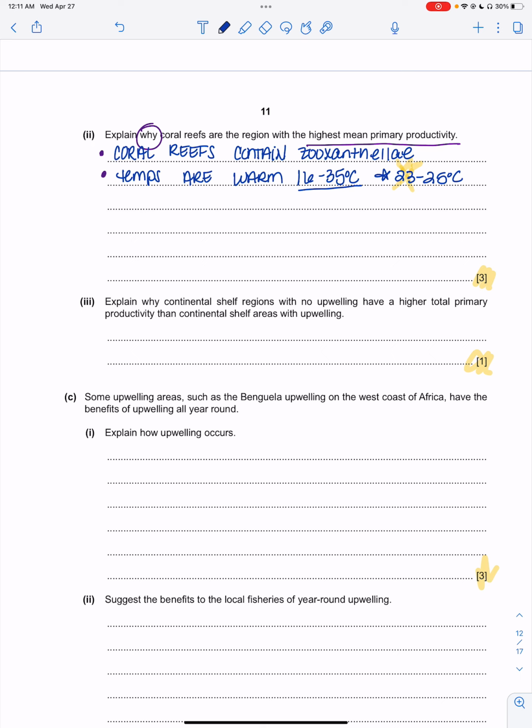Temps are warm. I'm surprised this mark doesn't say throughout the year. It's not seasonal, it's always like that because they're tropical. Or temps are constantly warm. I don't know. I don't trust it. Anyway,